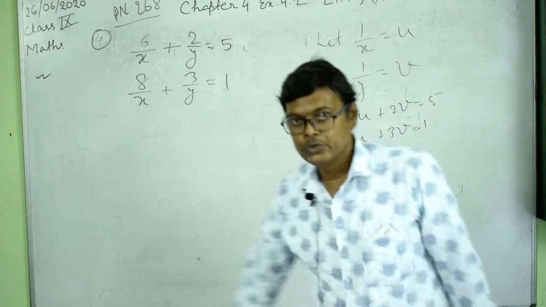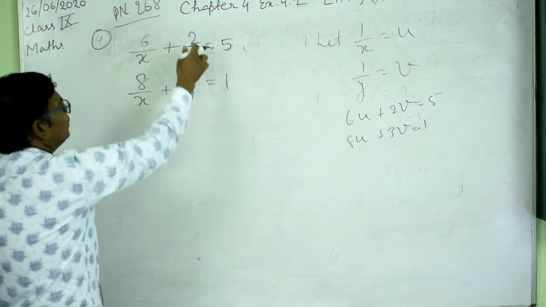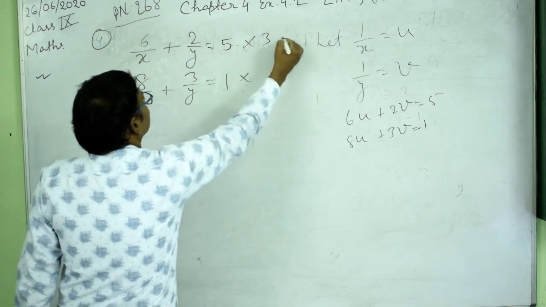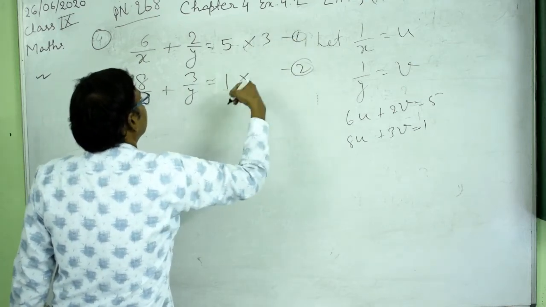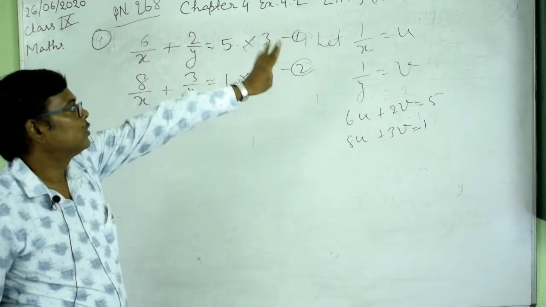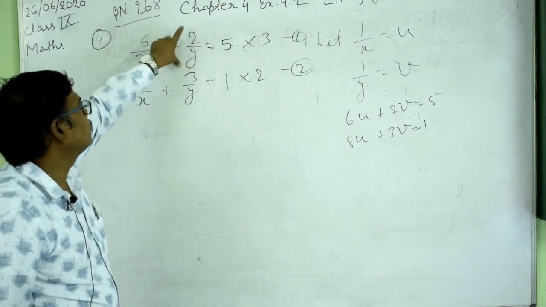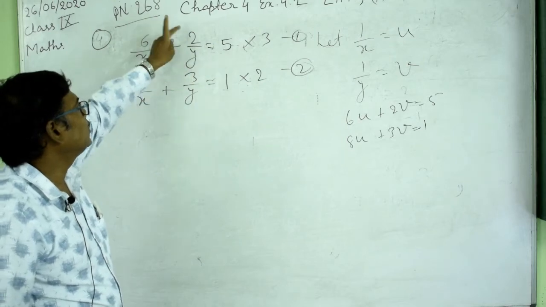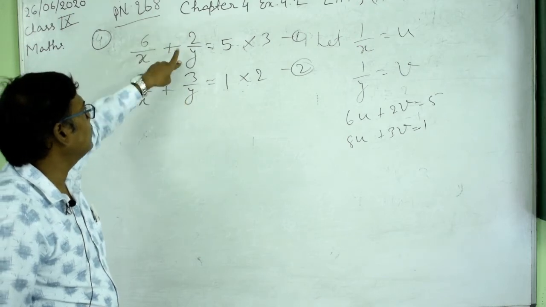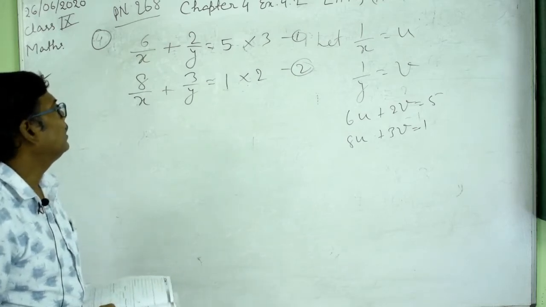See how I will do it. In this it is 2 here and here 3, so make this 6 and this also 6. So multiply this equation by 3, this is equation number 1, and this is equation number 2, so multiply this with 2. Now here I will not put these things, I will solve it directly. See that when you multiply this equation by 3, then it will be 3 twos are 6, and here also 3 twos are 6. So now see that 6 by y, 6 by y, these two are equal, and then we can subtract and eliminate y.